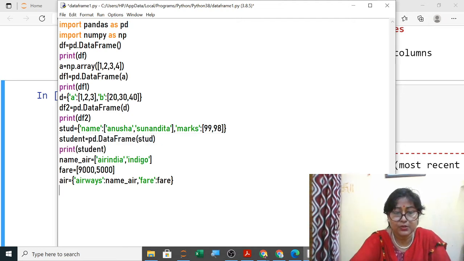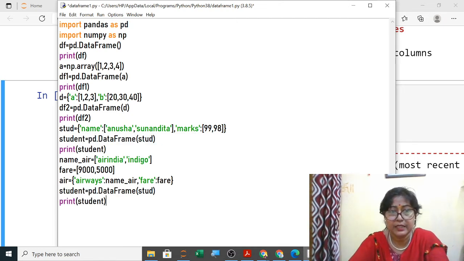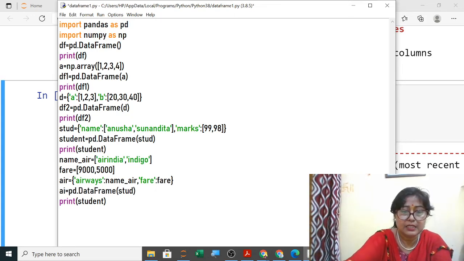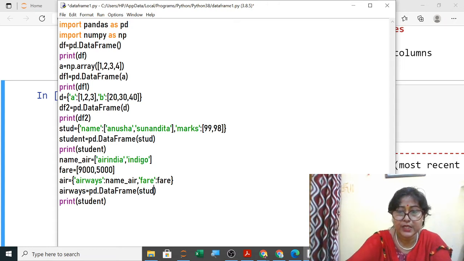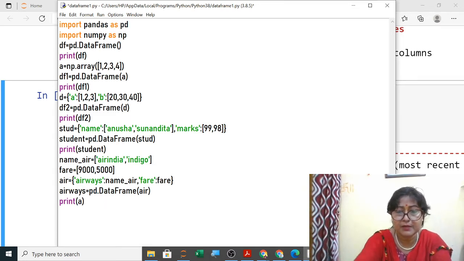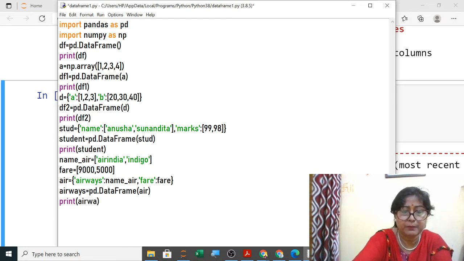Normally in 3 marks questions, 1 mark questions you will get this. Yes. Now the name of this table I am giving is Airways, and the dictionary name was air. So I have to print here Airways. The name of the data frame is sometimes given to you in the question paper.